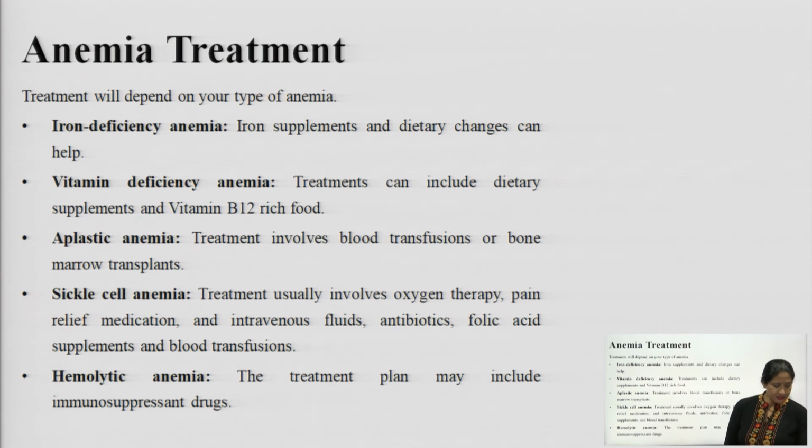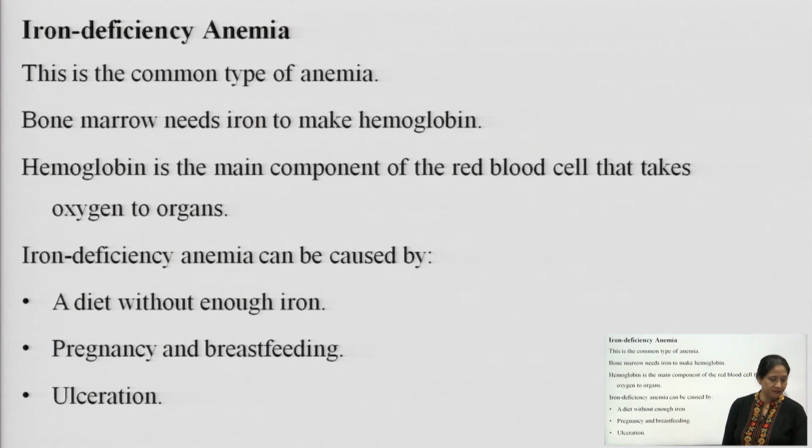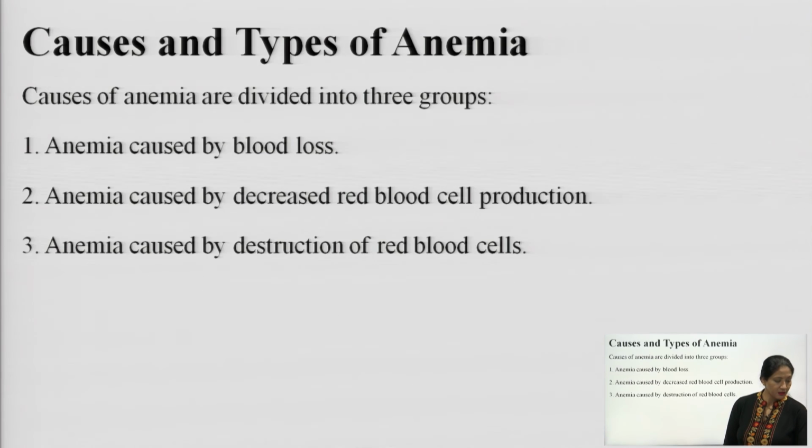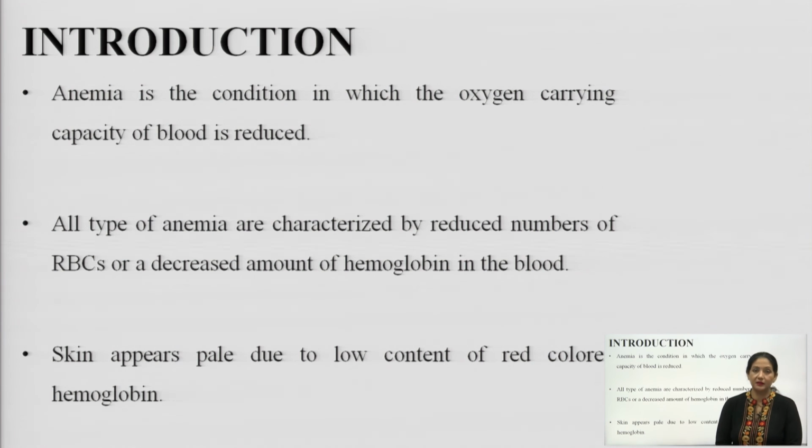So these are the points related to the anemia. First of all, as we discussed in the first slide, let's revise once again what anemia is. These are brief points about the anemia. As we saw in the first slide, the oxygen carrying capacity of the blood is reduced, especially in anemia. So anemia is categorized as a condition in which the oxygen carrying capacity of the blood